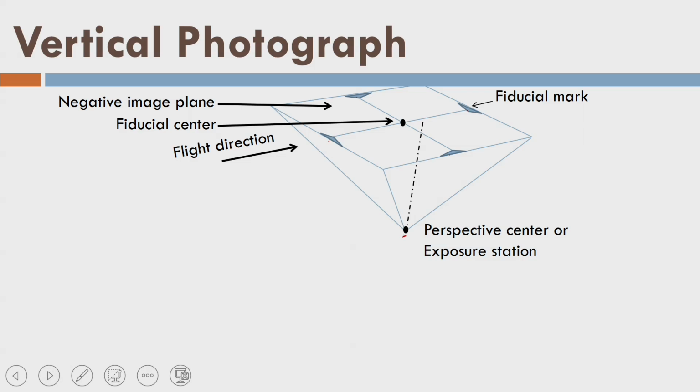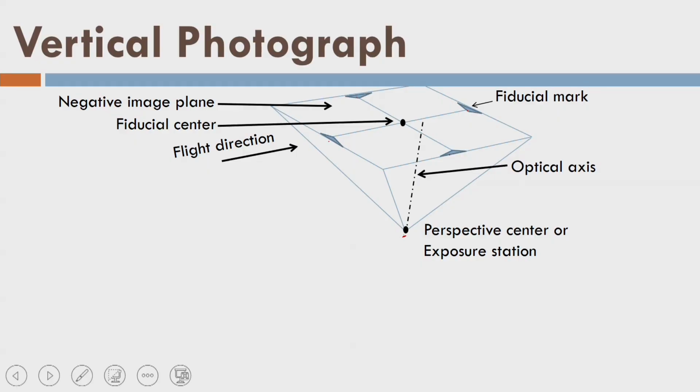So, this is my optical axis, right, and we can see here that the fiducial mark and optical axis are not meeting at a common point. Why? Because I am assuming that although it is a vertical photograph, there is some random error in the optical axis, and as a result it is not matching with the fiducial center of the photograph. Yes, what about the random error? If you can recall the concepts of the adjustment computations and our error accuracy, it is an inevitable error. It is random, it is beyond my control, or I cannot measure it. I do not know its true value. So, still I am taking a chance and putting it slightly away to show that, right.